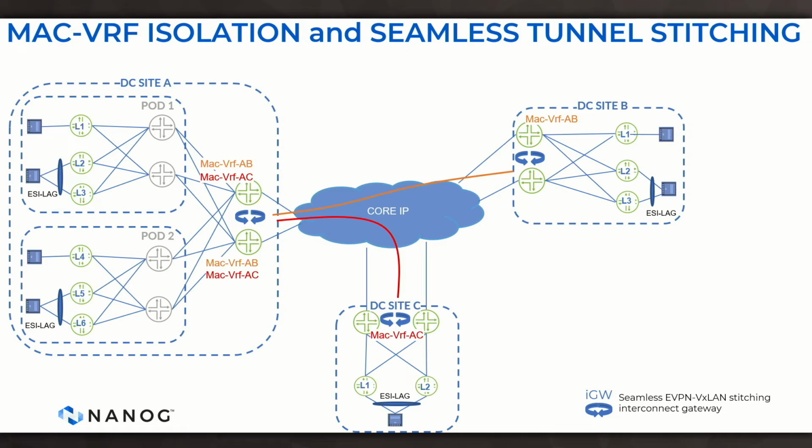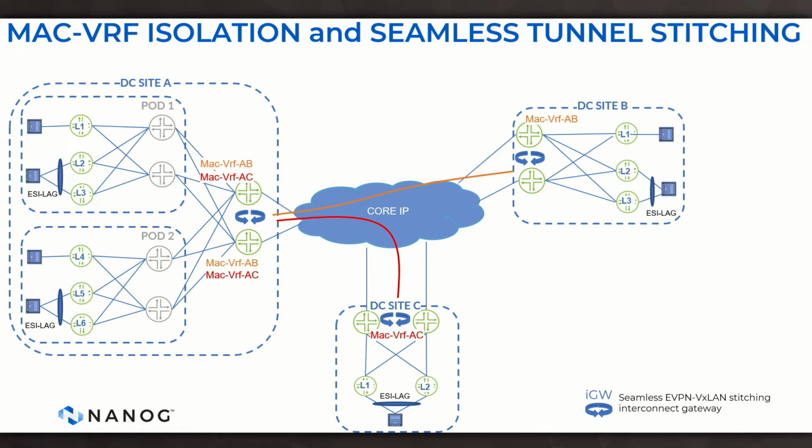So in this case, you can see that the stitching technology is delivered at the common border block for 2 different pods, and only the MAC-VRF AC goes down to the data center site C, and then only MAC-VRF AB stitching goes to the data center site B. So it means with that technology, you get an opportunity to really control where your data is saved or replicated, right? Very important, right? This is not just the imagination of the vendors. This is per requirements of the legal, let's say,